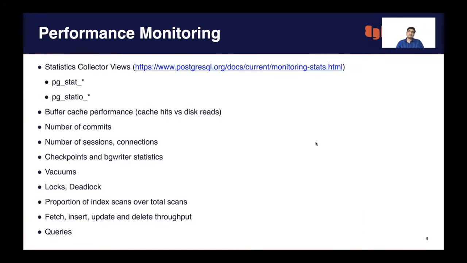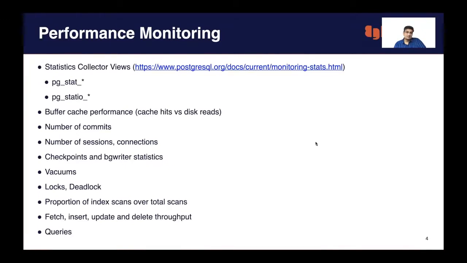In order to do that, Postgres gives you a lot of views, since, as we know, the statistics collector collects those statistics. Those are available through pg_stat_activity, pg_stat_database, pg_stat_tables, indexes, all those stuff. So it gives you row level data. If you take pg_stat_activity as an example, it gives you per user or per connection information about the Postgres database.